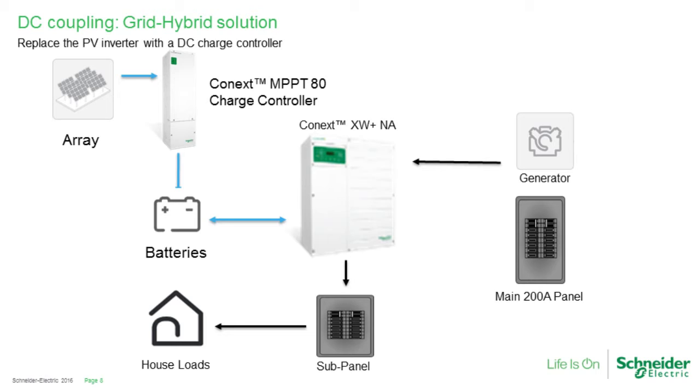If the sun just isn't shining and the loads are large enough, this really does make for a very versatile solution, and also can help keep the cost of storage down, because the generator can actually act as that charging source again and provide that backup power above and beyond just what the batteries can provide. So sometimes if the loads are very large, it financially can make sense to bring a generator in instead of just doing batteries